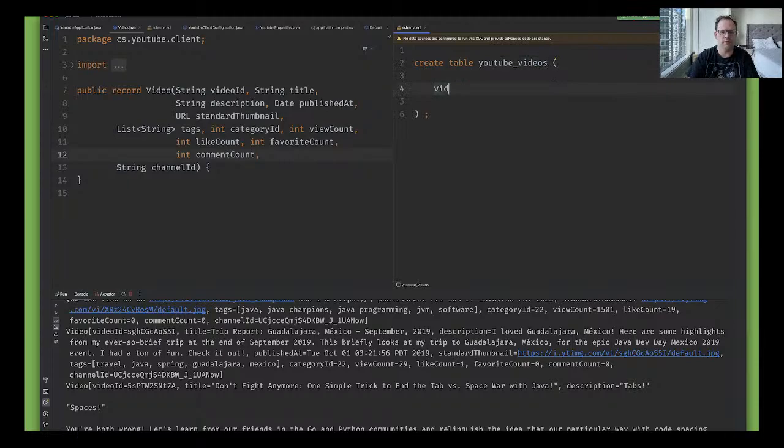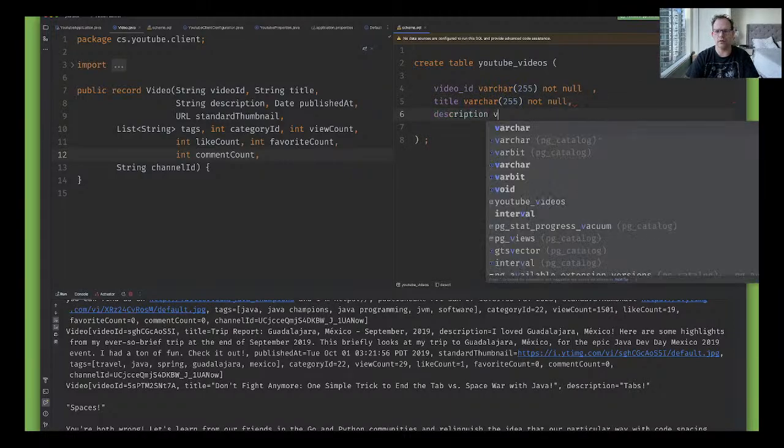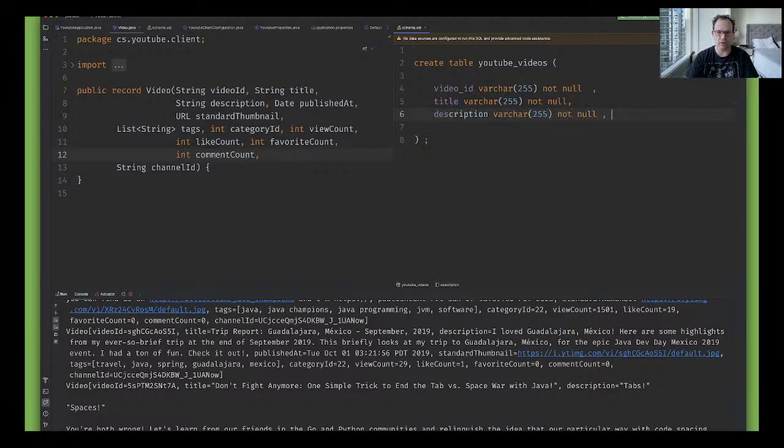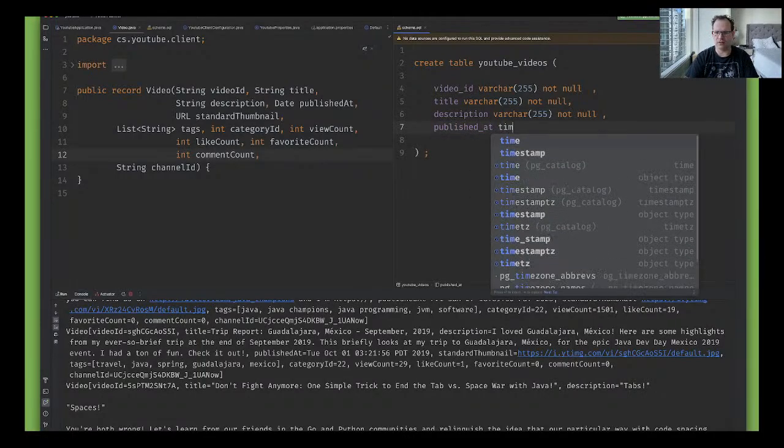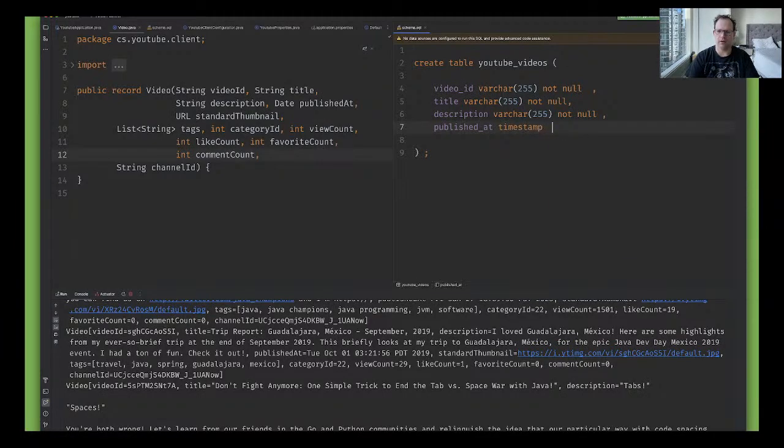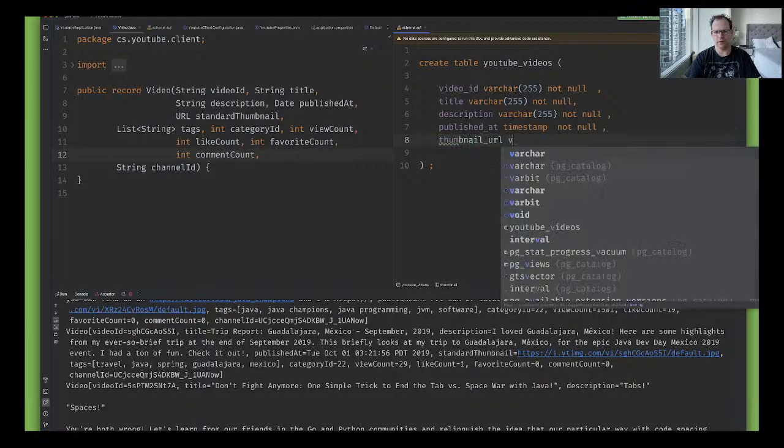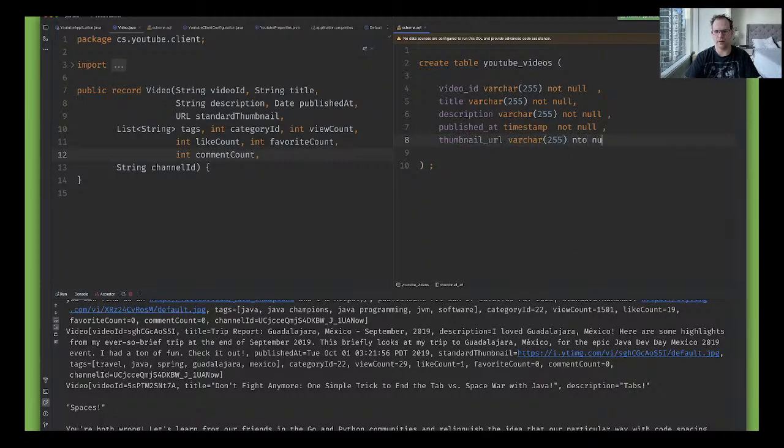Okay, and we want video ID varchar 255 not null, and then we want title varchar 255 not null, description varchar 255 not null, published at equals date time, timestamp, let's try that, not null, thumbnail, thumbnail URL varchar 255 not null,